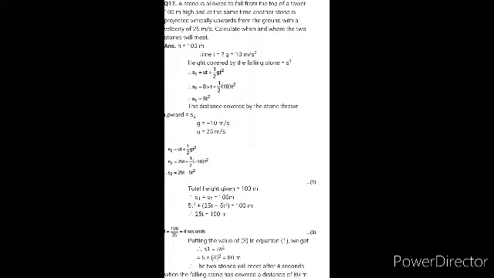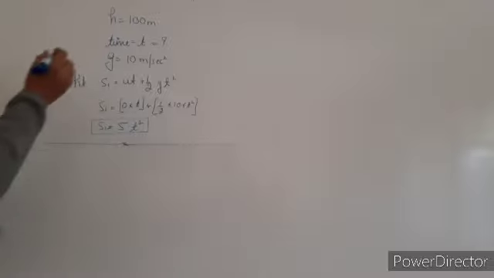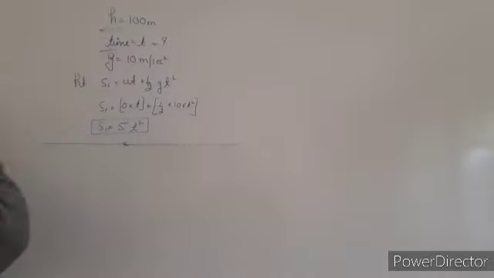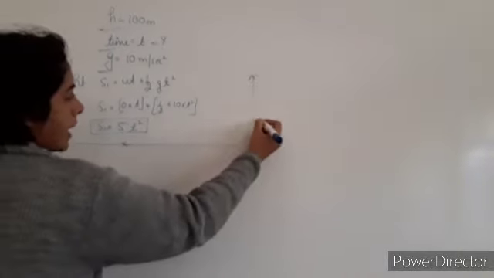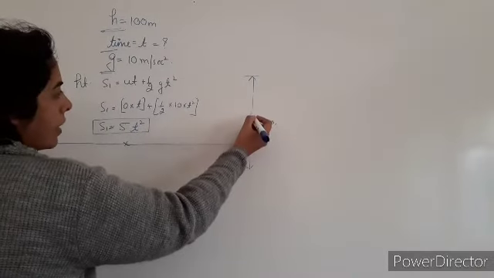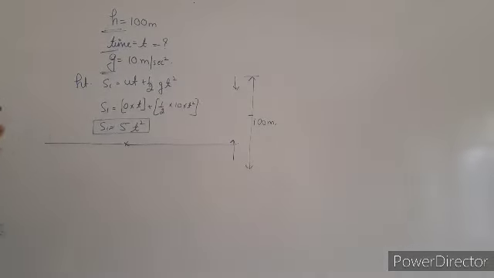So let us understand how to solve this numerical. Let's have it onto the board. Hanji bacha. So the total height is given to you as 100 meter. ठीक है, time you have to find out and acceleration due to gravity की normal value आपकी कितनी है 10 meter per second square. Fine. So the question to you is that you have to find out the height. The total height is given to you as 100 meter. One stone is dropped down and one stone is going up. Where they collide, है ना?